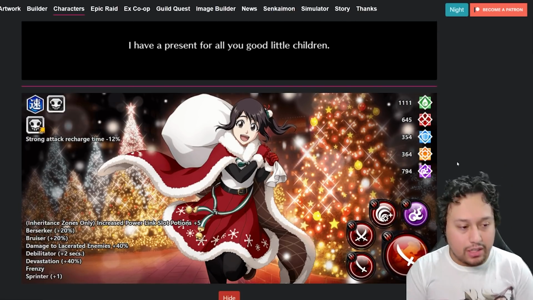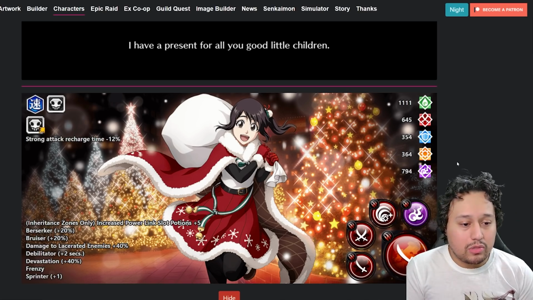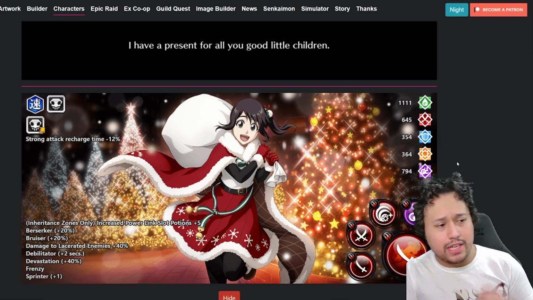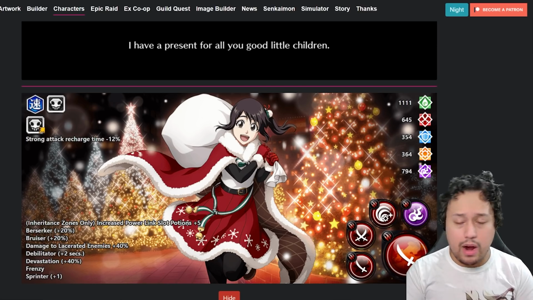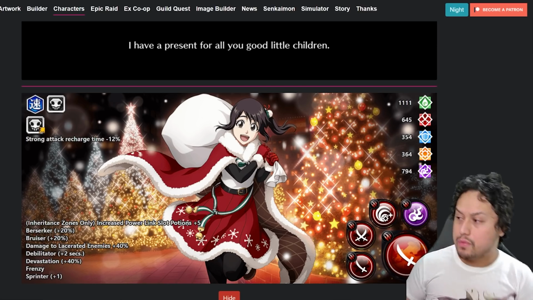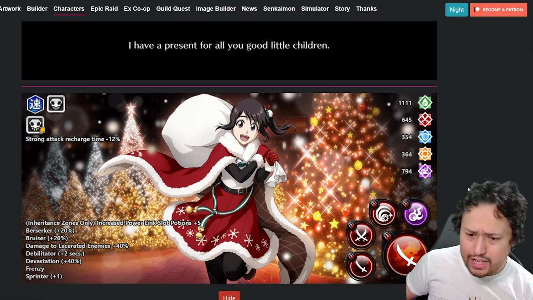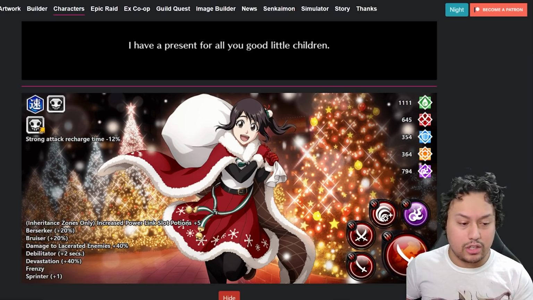All right, last but not least, secure the bag Momo, the woman that has cost me so much money despite me hating the actual character itself. Strong attack recharge minus 12%, Soul Reaper, killer, inheritance zones only, increased power, link slot potions plus 5. One thing to note about this character is that obviously this character does not work in Inheritance Trial in terms of that skill in particular,